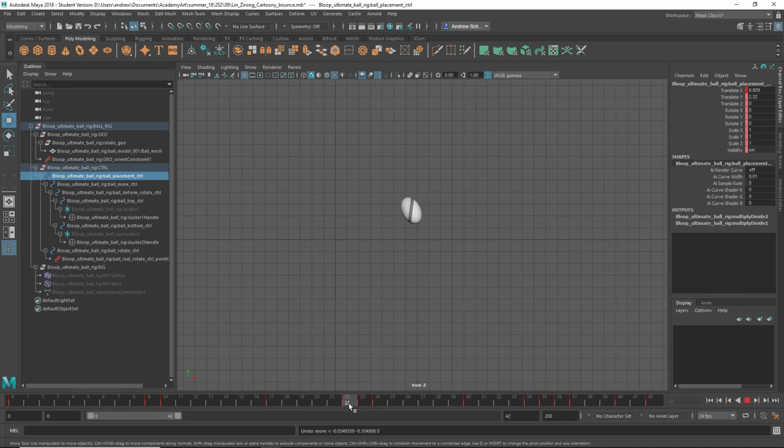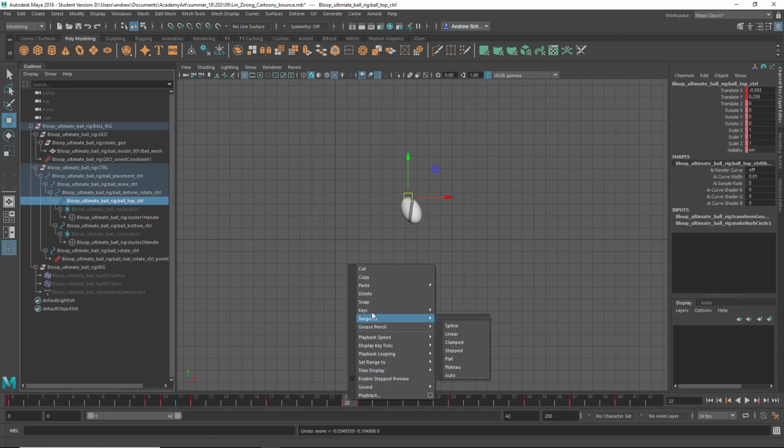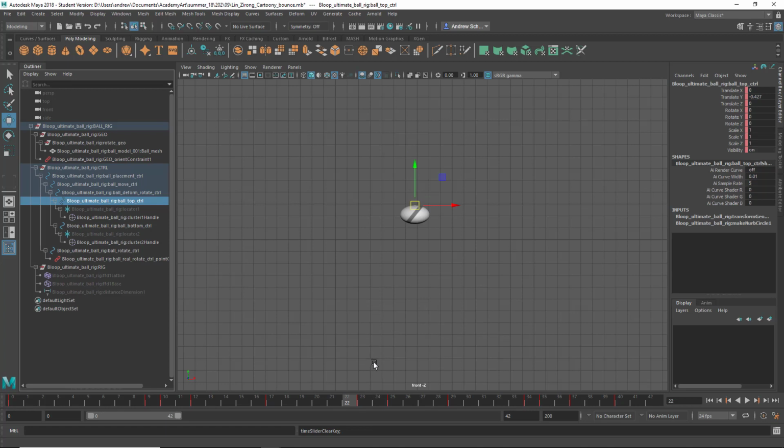I think I know what the problem is actually. I think you want this contact frame to be stretched. Then you want it to squash, and then,